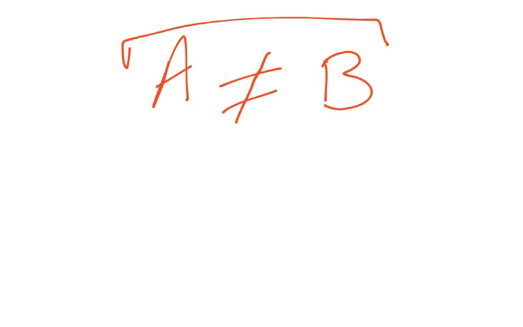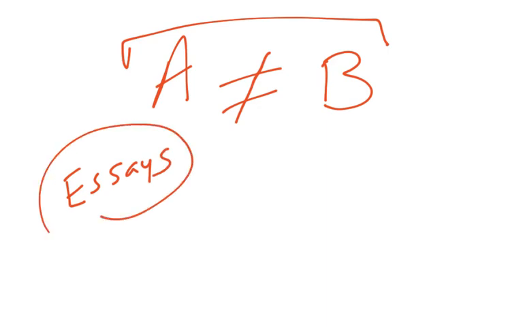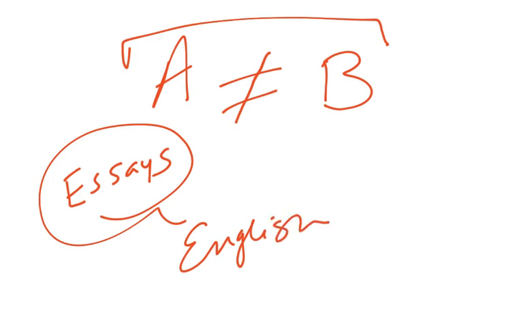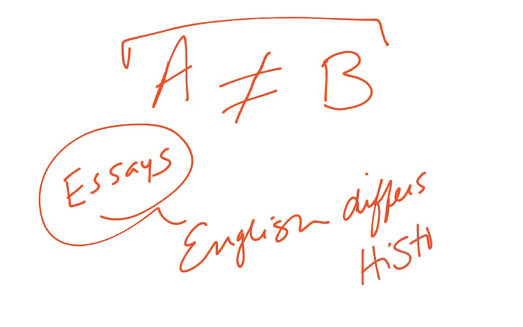So if we talk about essays, for instance, the essay for English differs from the essay in history. It's not exactly the same, but it falls in the same broad category, but we're going to identify some slight